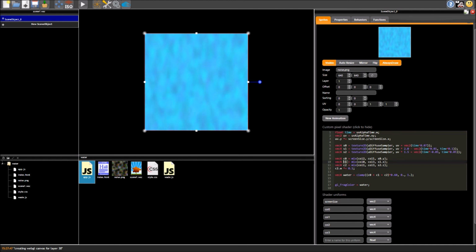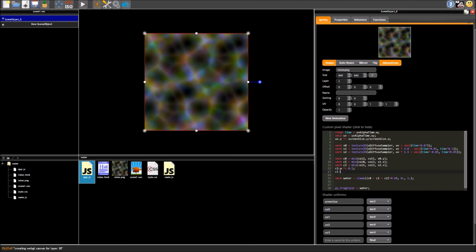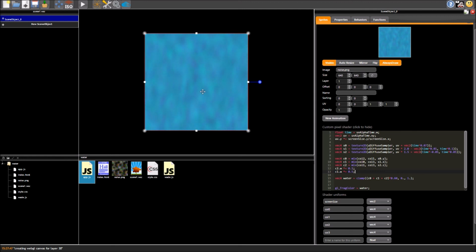Alright, 0.1. I tell you what, we're going to change this C1 value as well, because I think it's a little bit too dominant. So we'll change the alpha of that, times equals 0.5. And again, whenever this happens, it means the shader's invalid. You've made a mistake, so we add our semicolon. I quite like that, but adding all this alpha means our result is getting dimmer, so we need to increase the multiplication here. That's quite nice, but let's go to 0.67.